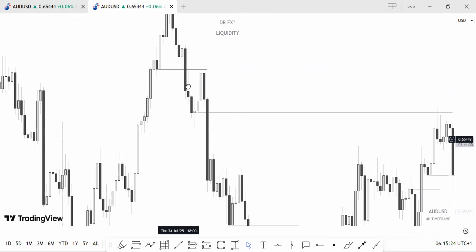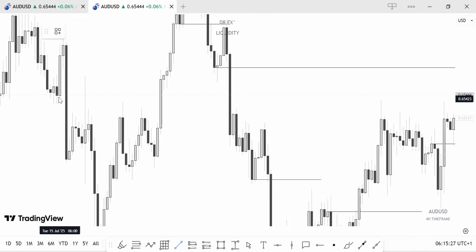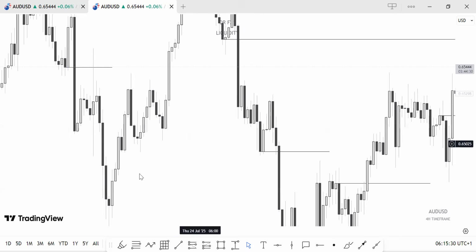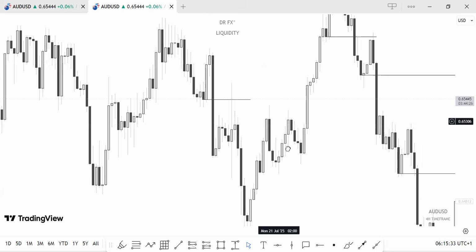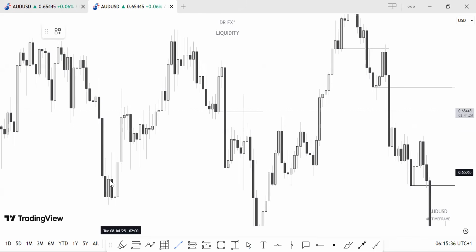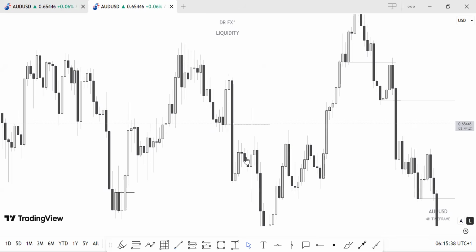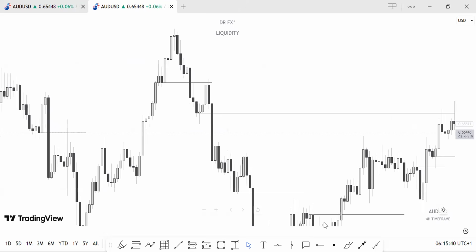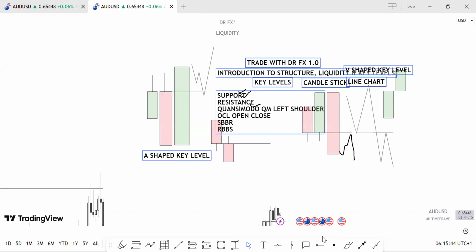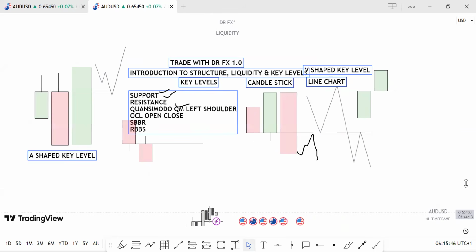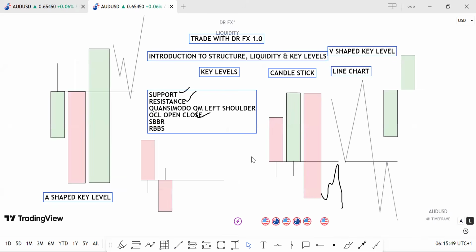Look at this one, right? This one is a support that got broken. Look at this one. This one is a support that got broken. So this is a support that got broken. This is a resistance right here that got broken right here. So you can see them a lot, right? Support that got broken, resistance that got broken, OCL, then support zones and resistance zones. I know you guys have understood this once. So now we move to